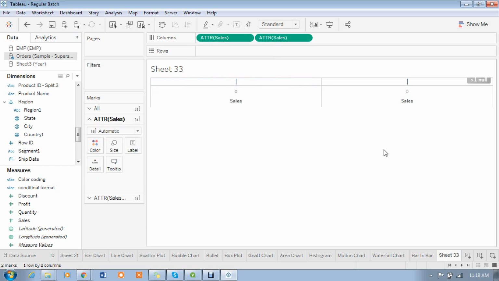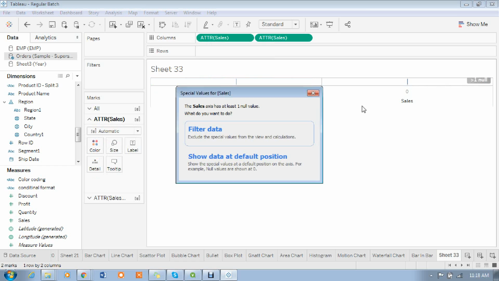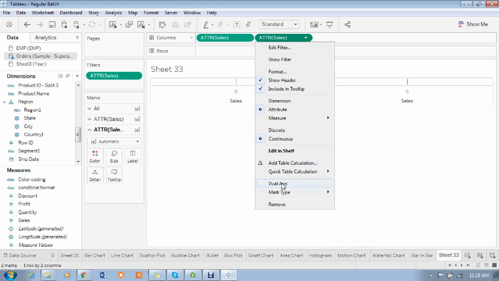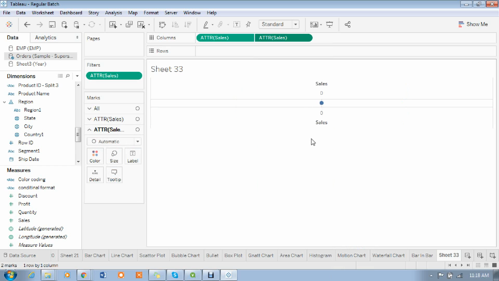What does attribute do, madam? Normally we have a function we told about, actually, display star or something, right, madam. Display the hashtag value if you have more values in that column. If you have a single value, okay, it will display that single value. If you have more than one value, then it will display the hashtag, madam, this one, like a star or hashtag. Now I converted both, madam, as an attribute, then it will display hashtag here and hashtag here, madam. Then do the dual axis. Dual axis, madam, what it does, madam, both come into one place. Now see, both came into one place, madam.